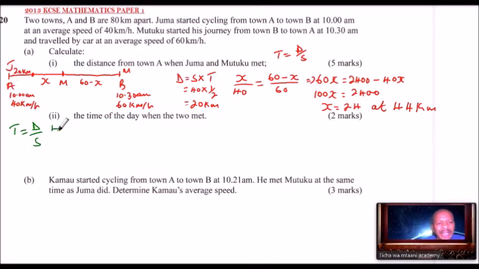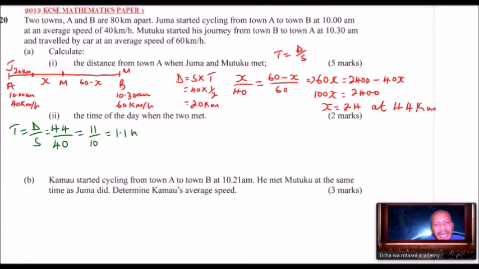Juma had covered 44 kilometers. You divide by the speed, which is 40 kilometers per hour. So when you divide this, you get 11 over 10. This will give you